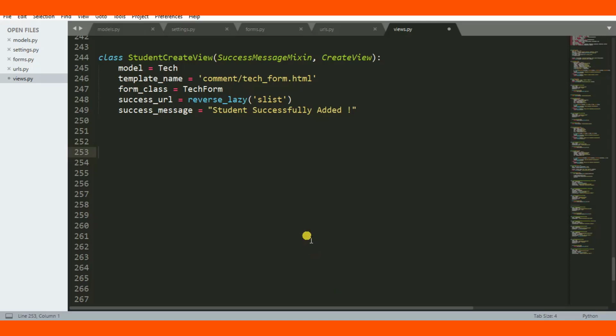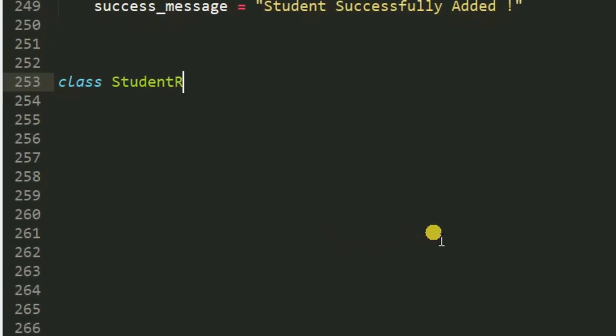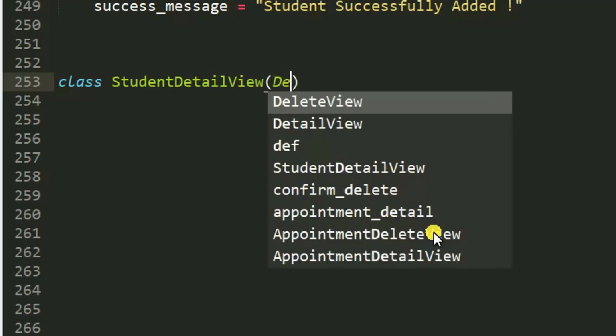So here I create my view, which is student. I can write student read view, student detail view sounds better, right? Detail view,